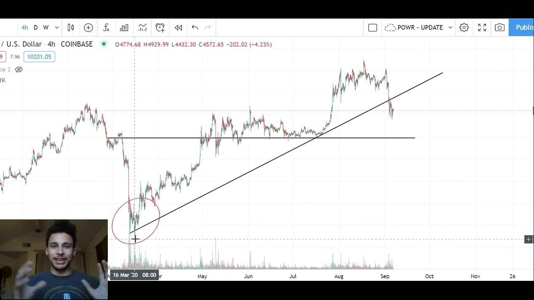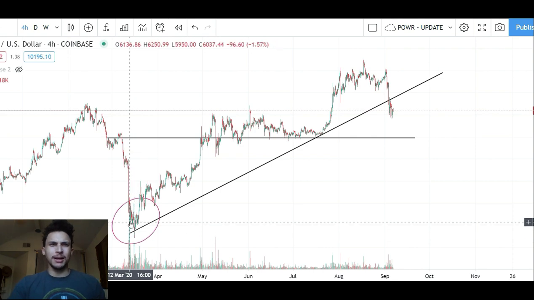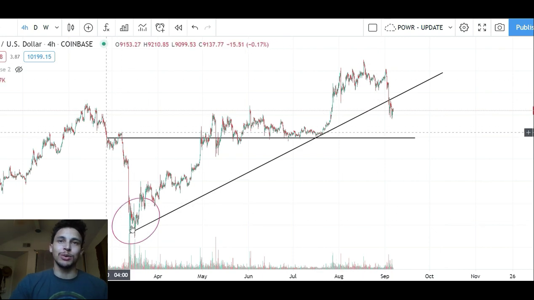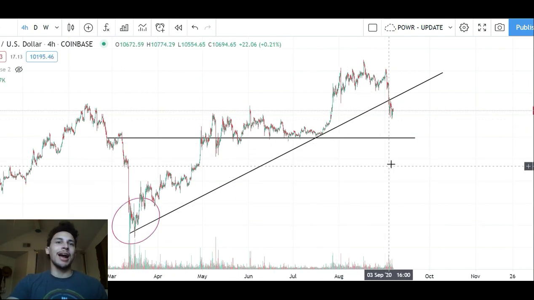That's because something in history that's never happened has happened. So if something unprecedented, no one even thought was possible could happen, which is oil going to the negative, and Bitcoin went down to 4,000, 3,000 bucks. How many times does lightning strike, guys? How many times does lightning really statistically strike? It's almost near damn impossible that lightning strikes twice in the same spot. This was lightning right here is what I'm saying to you. So even if we drop down here, I don't think we're going below.